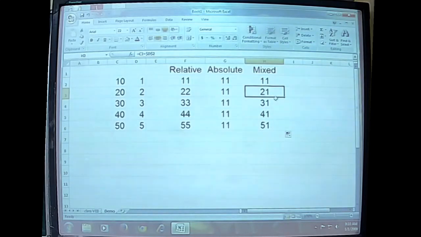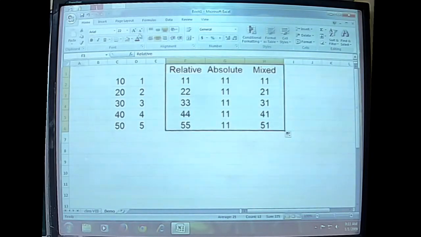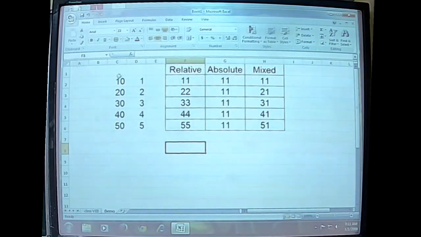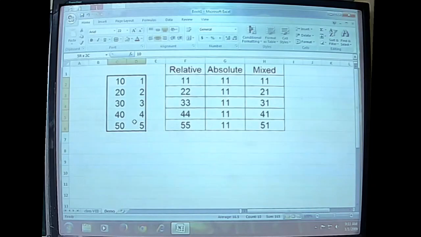Alright. Now, see the difference? C3 is being changed, the relative cell reference is being changed, whereas the absolute cell reference remains intact, exactly as it is. See the D2. Only the relative cell reference is being changed, whereas the other things are all intact. This is how the various cell references can be applied.